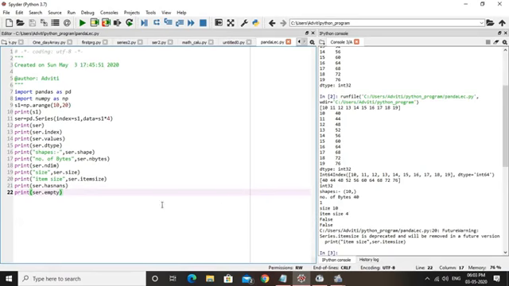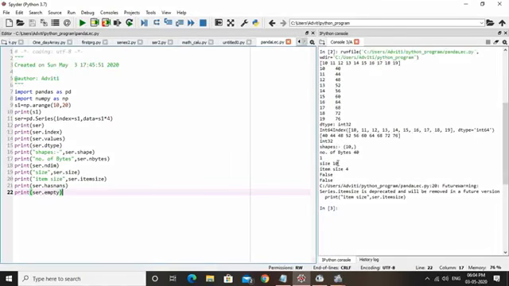Now the next attribute is series hasnans. We had already discussed the NaN value. It means not a number. So does a NaN appear in this series? NaN means an empty element. There is no empty element in this series, so it returns False. And then, is this an empty series? No, it is not an empty series, so once again it returns False.